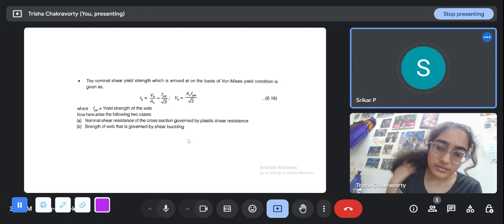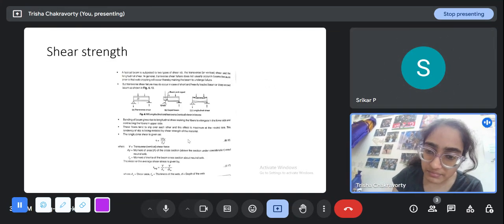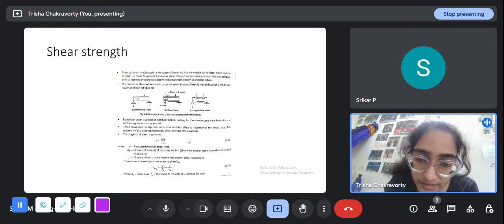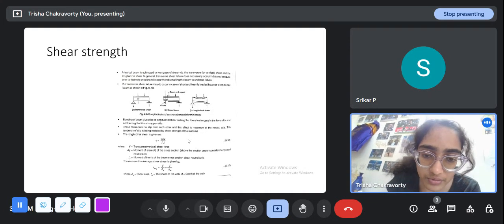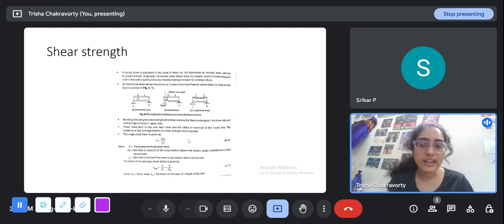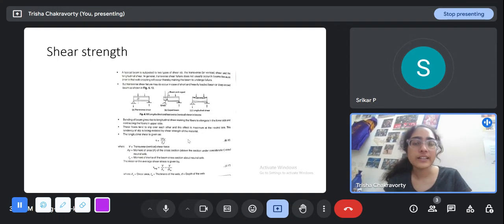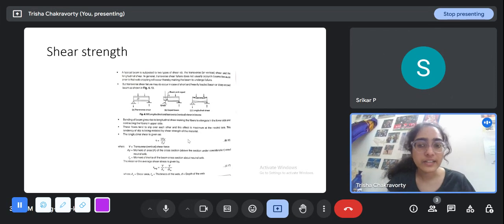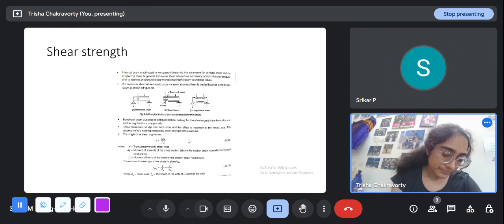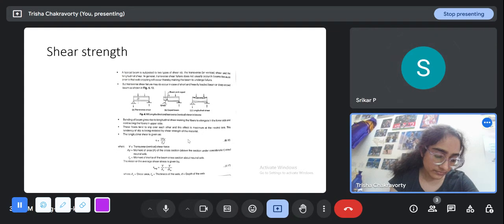Yes, ma'am. So I think this is just a case they are considering, but it doesn't become critical most of the time. So you just need to know that it exists, but we don't design against it because transverse shear is more critical, and even shear is not that critical in beams. We know flexure is always the most critical limit state in beams. Okay, ma'am, we can go ahead.